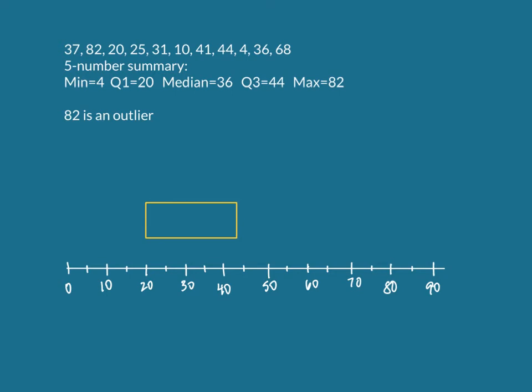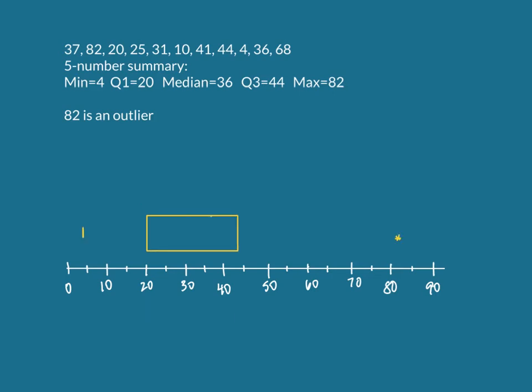So the first thing I want to do is plot my box. So remember the box: Q1, my lower quartile, was 20, and my upper quartile is 44. So 44 is right about there, just below 45. And then I also want to put in the median, which is 36. So there's 35, 36 is right in between there, right? So there's our median. Okay, so we've got the box portion of our box plot taken care of. The next thing we want to do is put in the outlier and create the whiskers. Box plots are sometimes called box and whisker plots, and you'll see there are whiskers, right? Some extensions outside of the box. So let's take a look at how to do that.